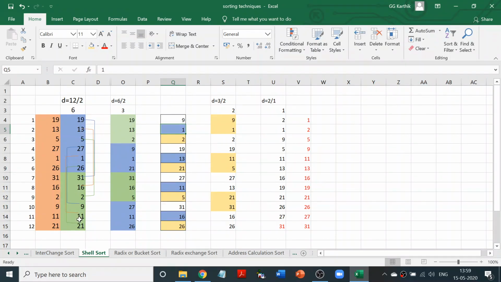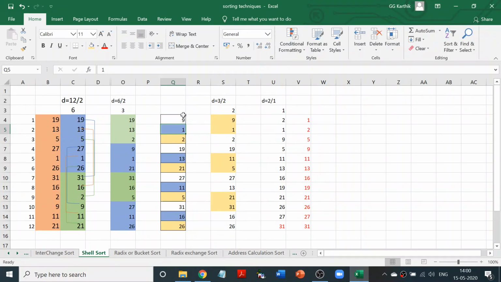What we did, we took the list divided by 2. Okay, then you made it into 6 and 6. So you compared ones and ones, twos and twos, threes and threes. Again, you're going to divide this list by 2 again. So 6 by 2 is 3. So 3, 3, 3, you have 4 lists you have actually. So you're going to compare all the ones of these 4 lists, all the twos of the 4 lists and all the threes of the 4 lists.